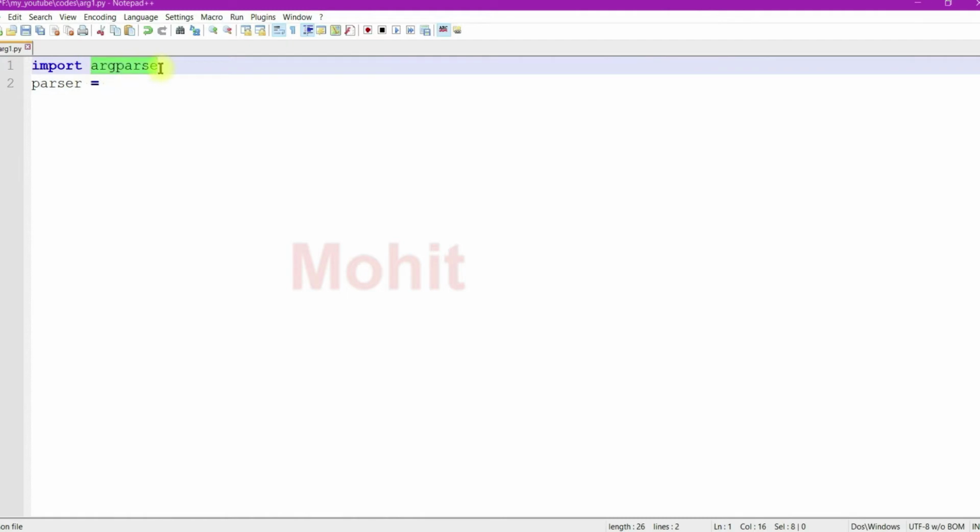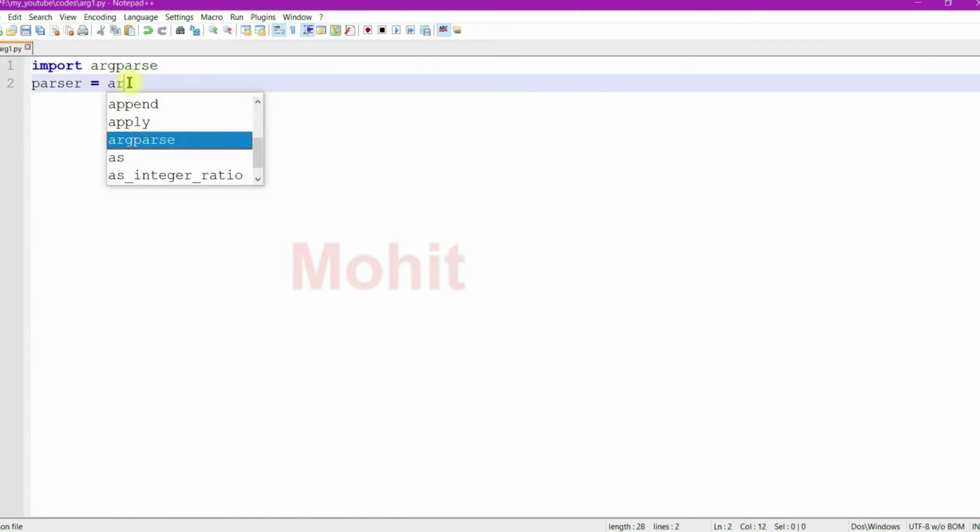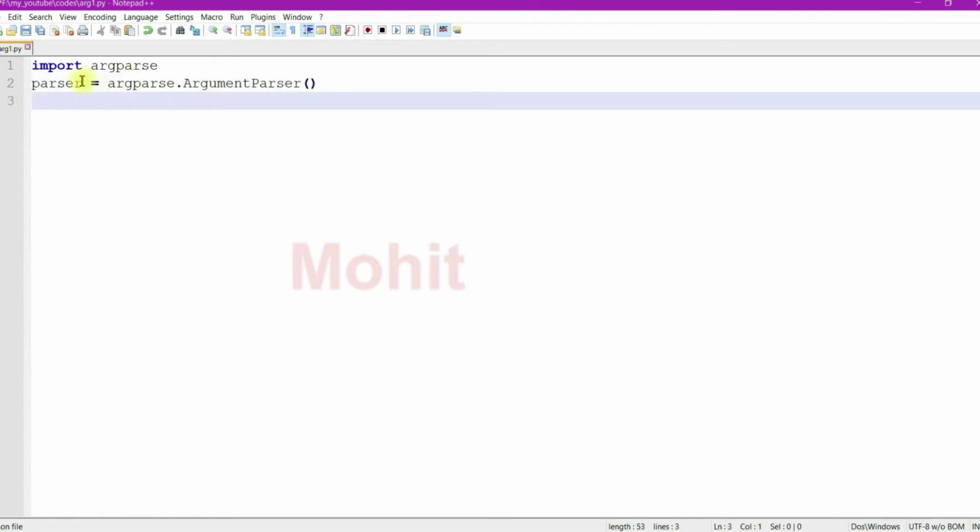Here argparse is a module. If you are confused with module, you can consider argparse is a file. ArgumentParser is a class which is defined inside the argparse, and parser is an object here. ArgumentParser parses the argument through the parse_args method. This will inspect the command line, convert each argument to the appropriate type, and then invoke the appropriate action.